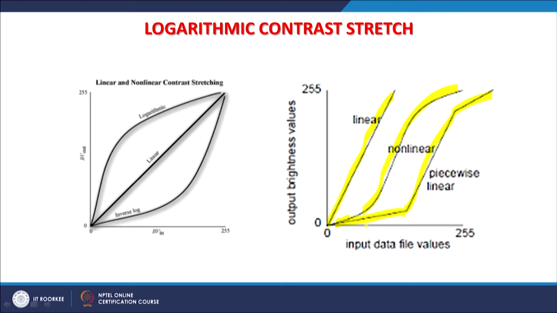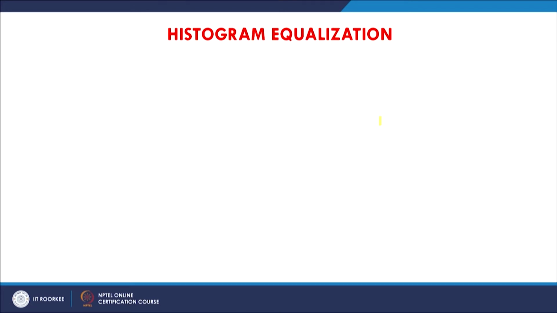So, if I want a stretch of a certain kind in this plot as a slope, then I want a very high slope and then again a low slope. So, in the first range of pixels, starting between say 0 to 50, I want this kind of slope, and for the remaining values I want this kind of slope. So, more brightness in the middle values, and then in higher values I do not want the same slope, but maybe less slope. So, piecewise linear stretch is also possible, non-linear we are already discussing here, and linear we have already discussed. Now, histogram equalization we also touched upon some time back.